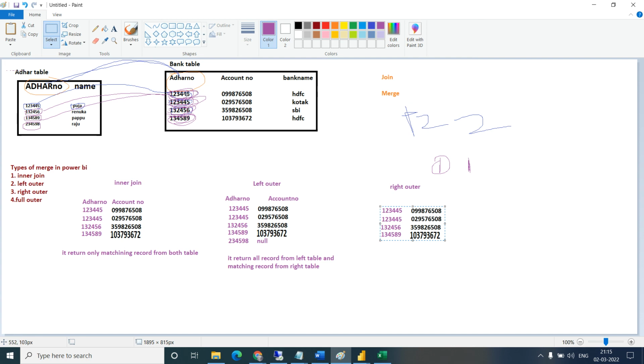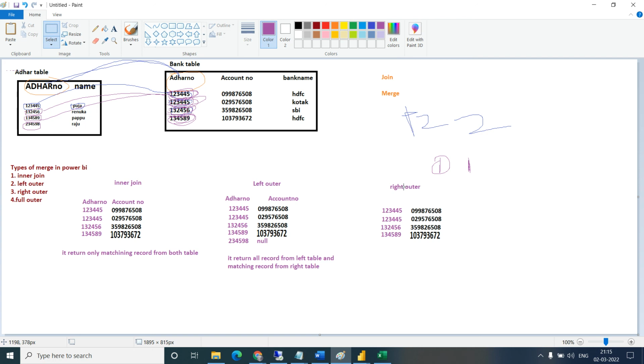The first is matching with this one, yes, it is matching. Then 1 3 2 4 5 6 is also matching. Then 1 3 4 5 8 9 is also matching. So this is done. But the extra record in the left table will not come, because we are taking all records from the right table and matching records from the left table. This is a right outer join. Join is nothing but a merge. Understood this one?